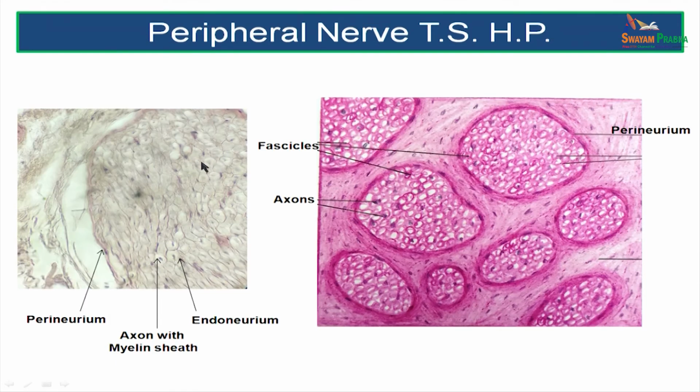A high power view of the same slide will show you one fascicle covered by a perineurium, and you can see each dot here in the center, these are the axons, and the white peripheral substance is the myelin, which does not stain with hematoxylin and eosin, and the line around it is the endoneurium, as well as the Schwann cell cytoplasm and maybe a Schwann cell nucleus. In the illustration here, you can see the same thing. There are the fascicles, there is the perineurium, each individual nerve fiber and axon, nuclei of the Schwann cells, nuclei of the fibroblasts.